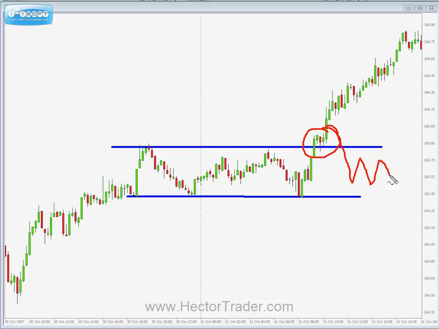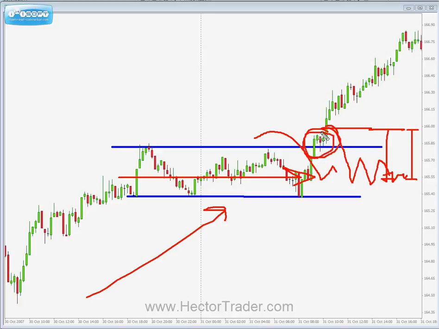If price goes back down here, this was your entry level. Let's assume current market price is around here. Right now the drawdown is not that small anymore, and once price has gone back into the consolidation area, there is no reason to be long anymore, because you are still consolidating sideways, and in my opinion, you don't want to be positioned in sideways moving markets. You only want to be positioned once the market is showing you momentum to the upside, in this case, since we are in an uptrend. If that momentum to the upside just poofs out, it's time to get out. Like I was saying, tip your hat to the market, take the loss, and wait for another chance to